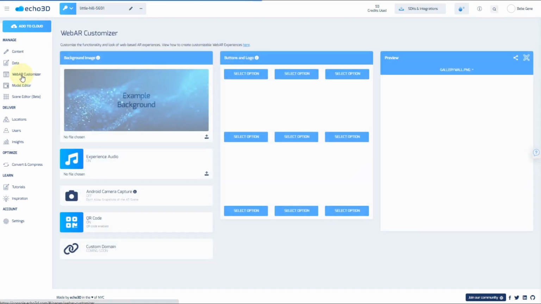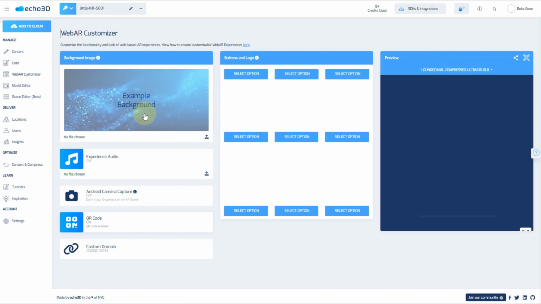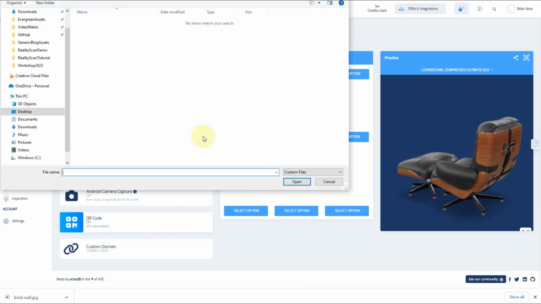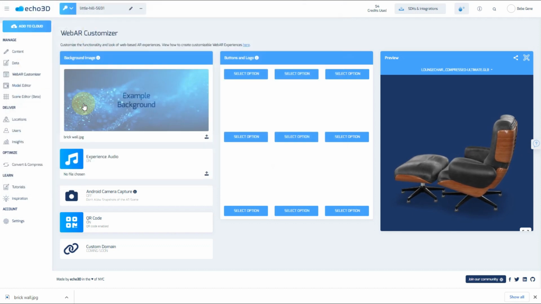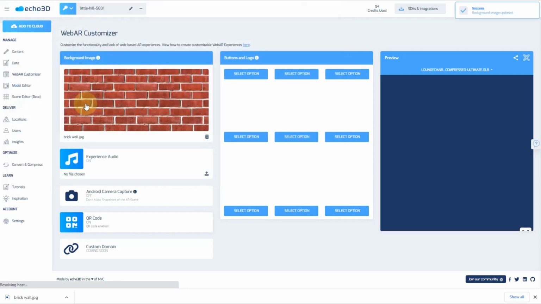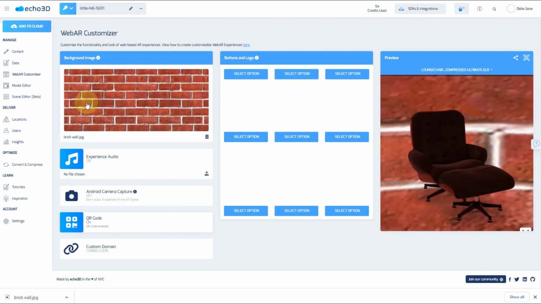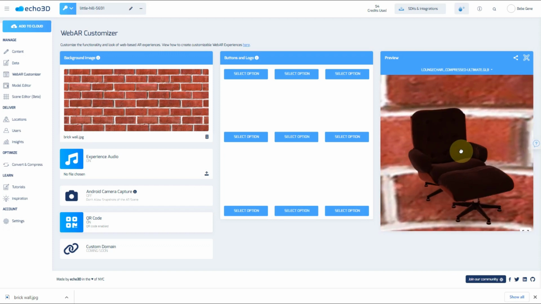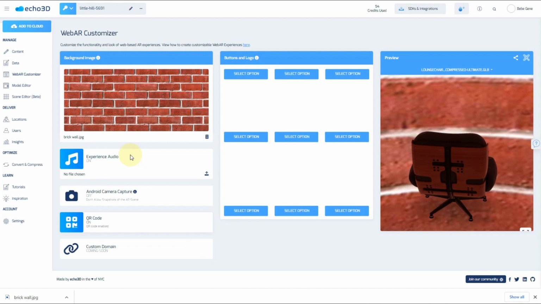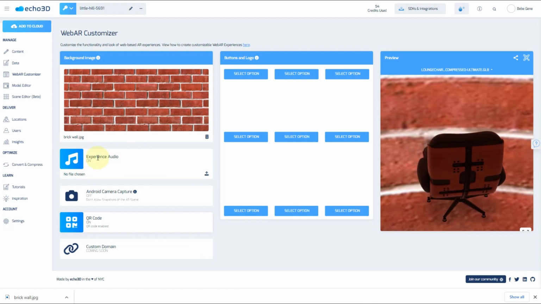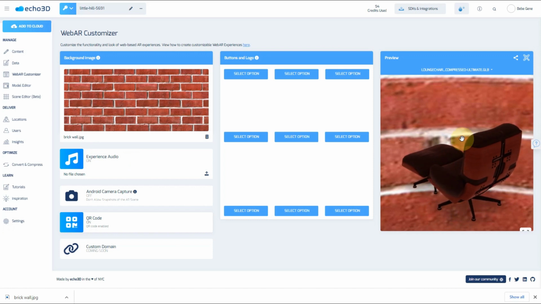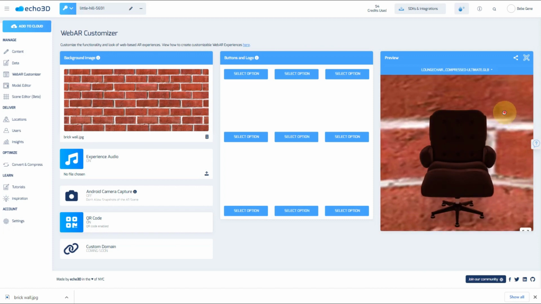And when we go down to the Web AR Customizer, this is a really nice feature to create something that's branded. So here you're able to do a custom background image, which shows up in the mobile background preview. So when somebody scans or pulls up your AR experience on their mobile device by QR code or by link, they're going to have a 360 image that surrounds it. So you're able to add that. It's highly recommended to do a very high resolution image because it is stretched to 360. You're able to upload music, and this starts and stops anytime there's an input. So let's imagine that this is your mobile device. This is the preview. If you tap on the screen, it'll start the experience. It'll start the audio.